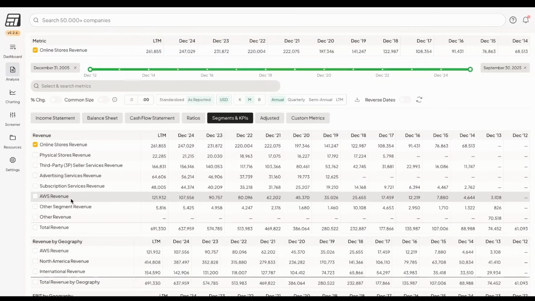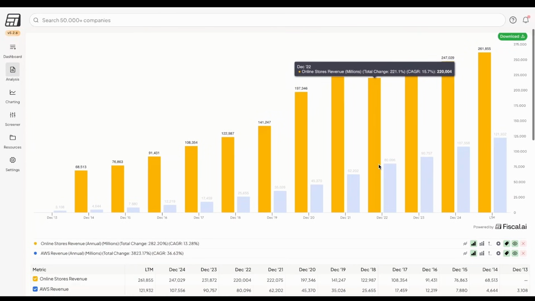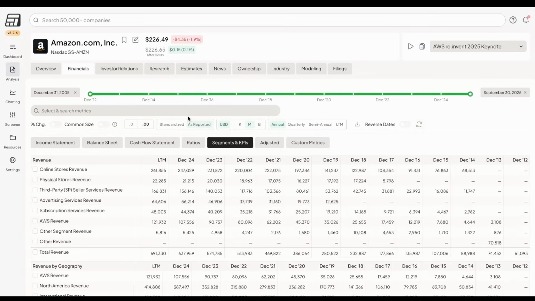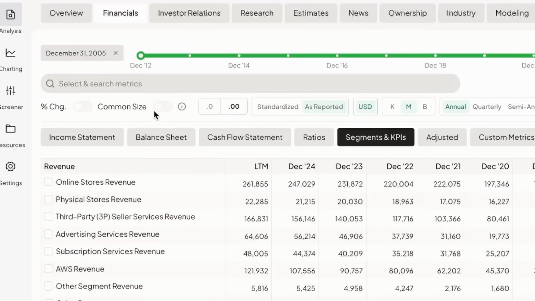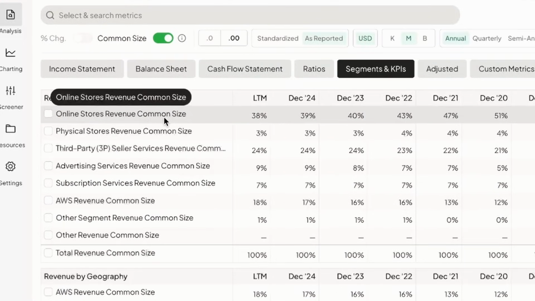I'm going to remind you, the platform is very visual, so you could click on any of these different metrics and you'll start to see that they populate on your screen. A very useful way to couple different features under this view is to click the common size button. And right here, you're able to see that all the numbers in the table have switched over to percentage,